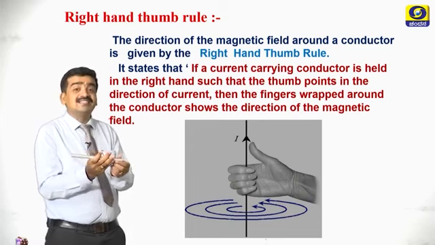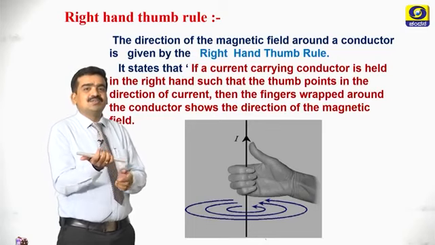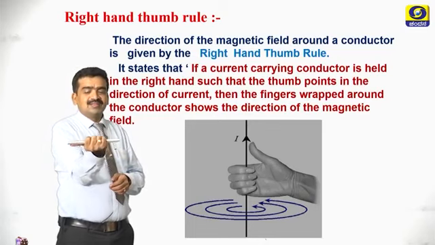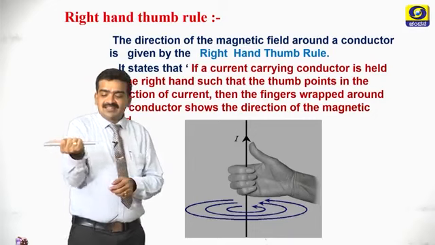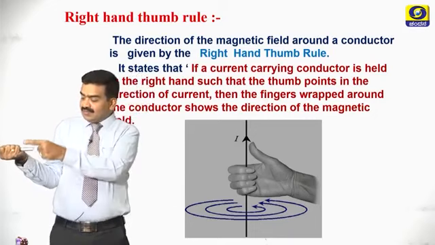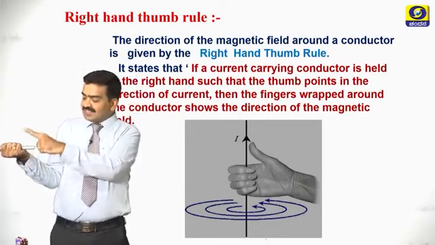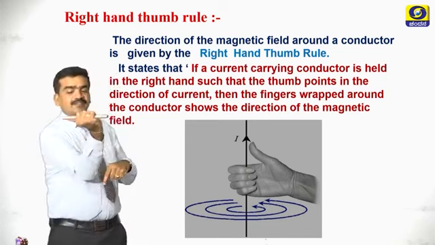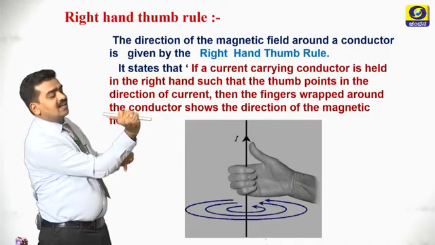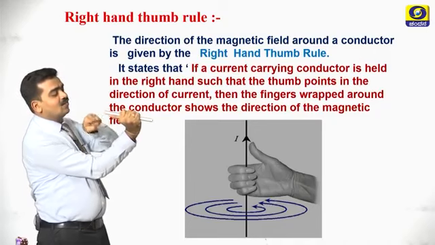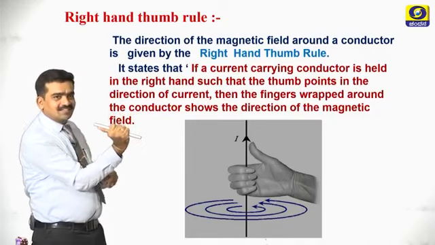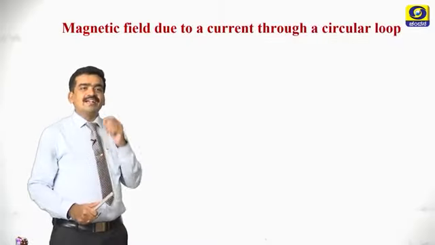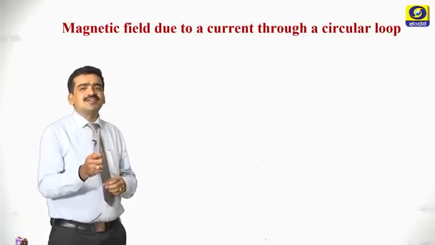Let's see, it is easy to understand. Use the right hand thumb rule, hold the conductor like this. So seen from the east side, we get the clockwise direction, the alignment of the field lines is clockwise. Then if you see from the west side, the magnetic field lines are in the anti-clockwise direction. Very simple.